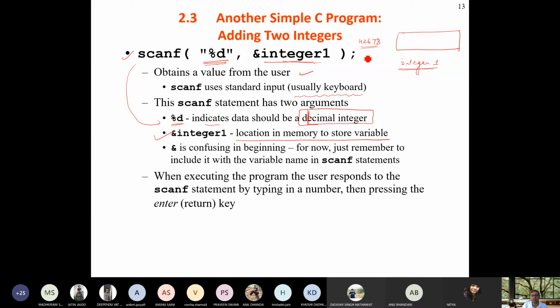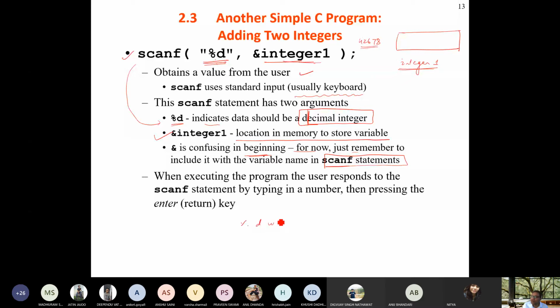This is the memory location and is confusing in the beginning. For now, just remember to include it with a variable name in the scanf statement. Whatever value is given by the user will be stored at the address of the integer.